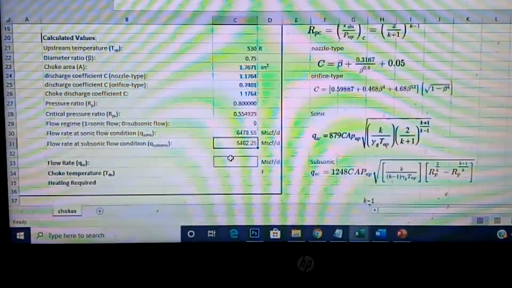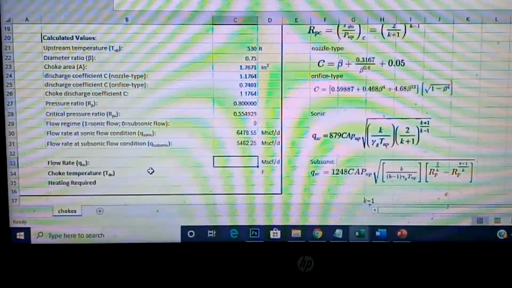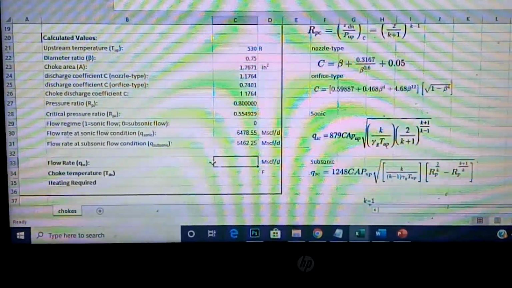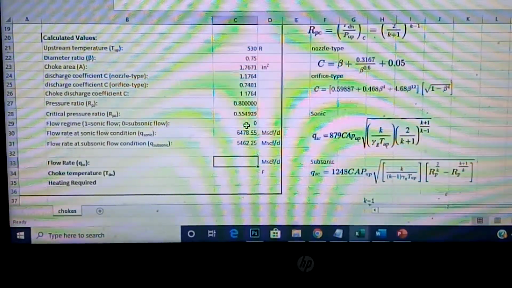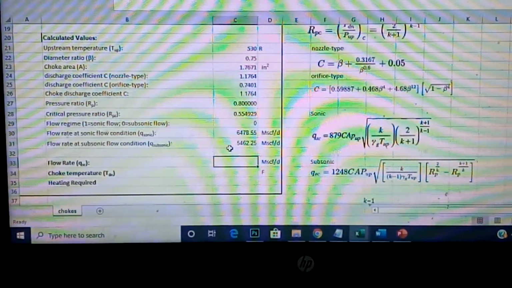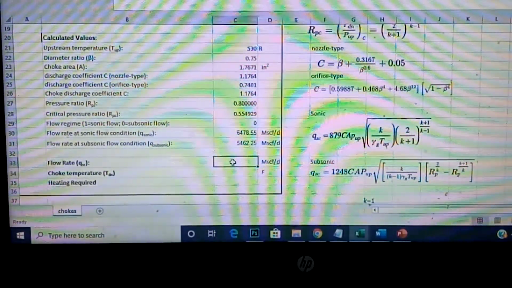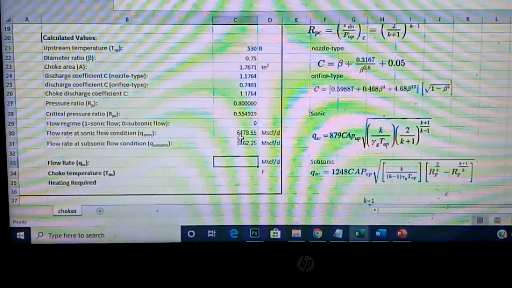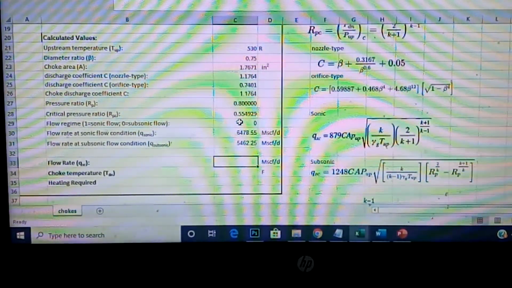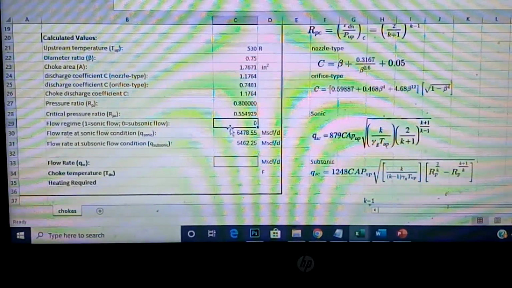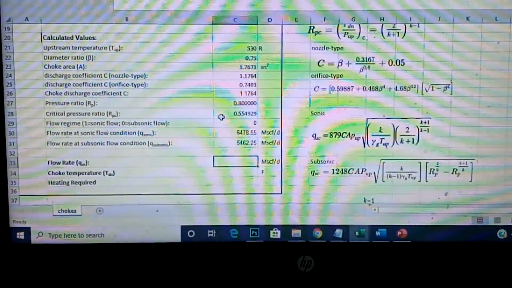How do I know the answer? I'm going to put the answer here. What's the flow rate? I have to check whether my flow is sonic or subsonic, so as to choose one of them. So we need another if function there. So where do I check whether it's sonic? This number here, that's C29. So I'm going to do equals